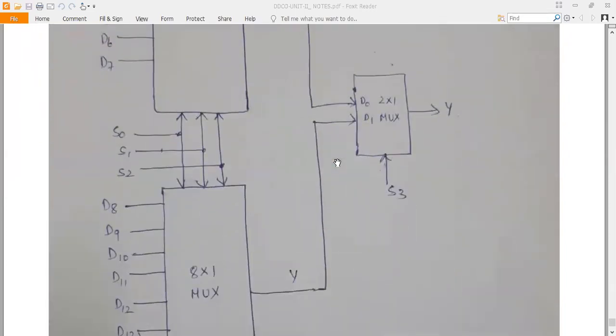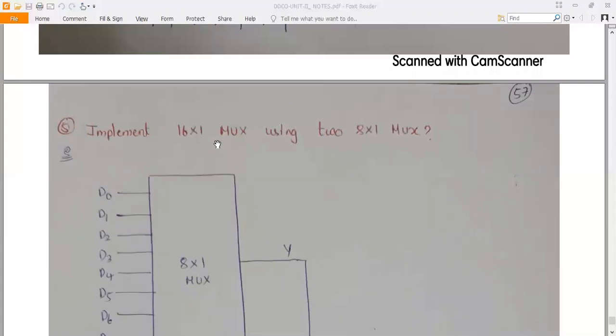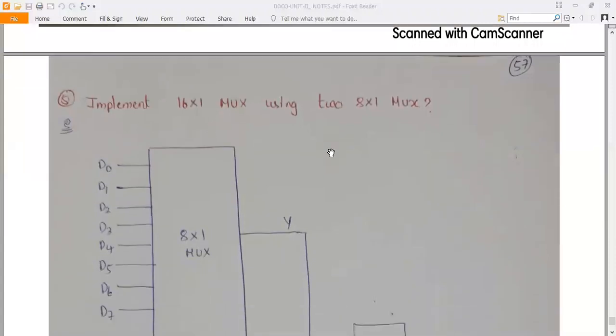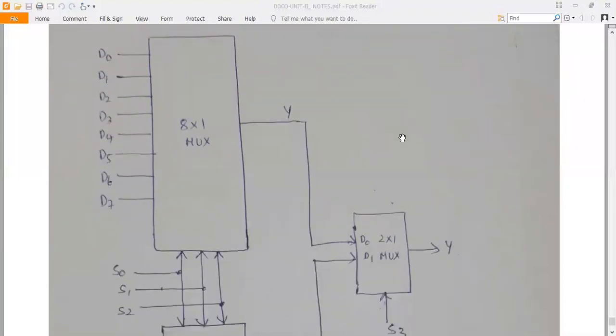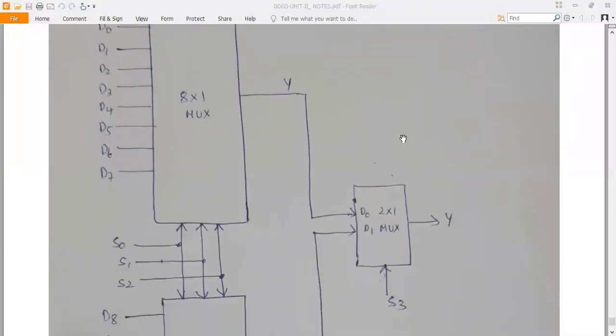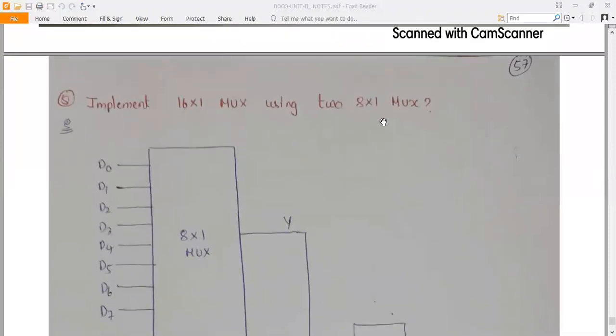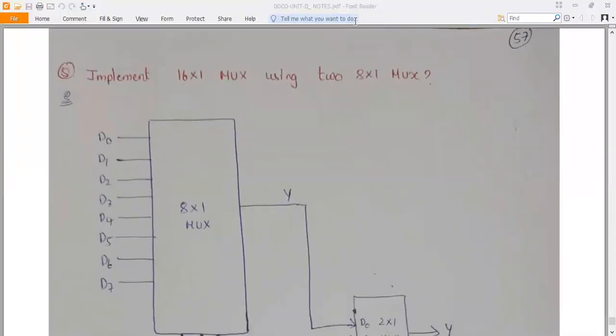Okay. And the last for this topic, we will take one problem: implement a 16:1 multiplexer using two 8:1 multiplexers. Similar to how you implemented your decoders, here I am taking one 8:1 mux, and the other 8:1 mux will be there.